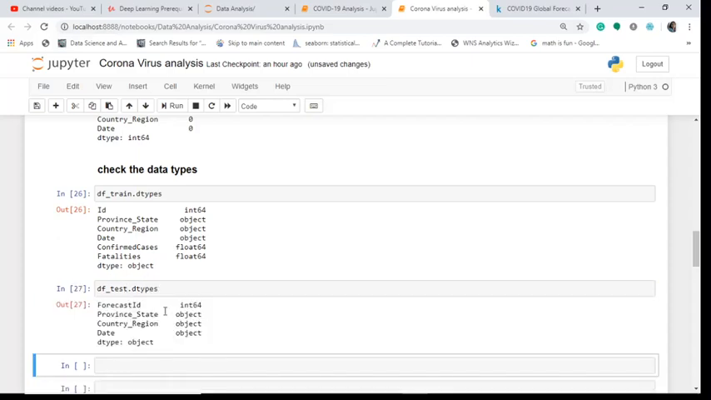So again you can see that the province, country and date are object, the rest is integer. Then you can go for something called df_train.describe,